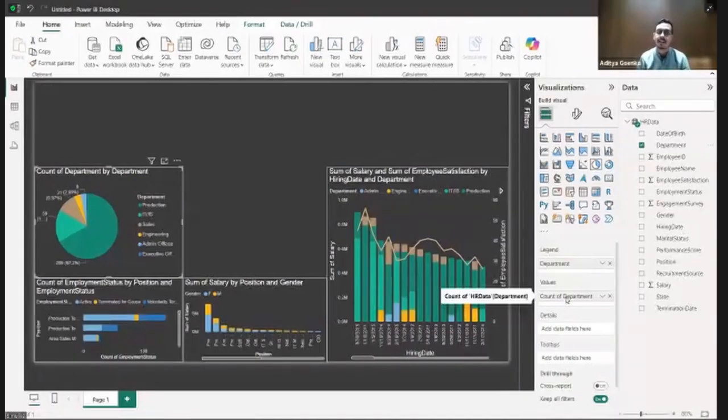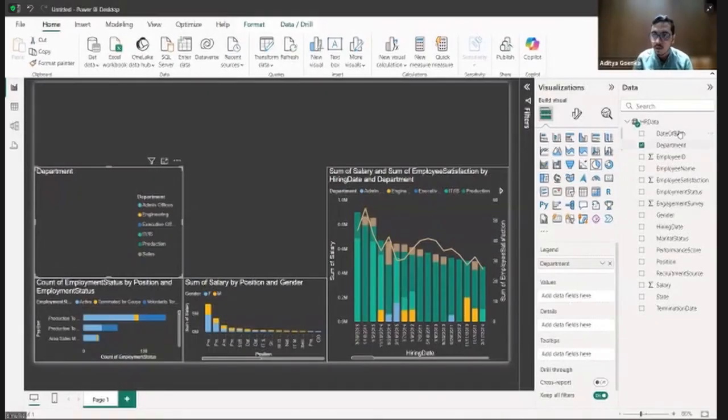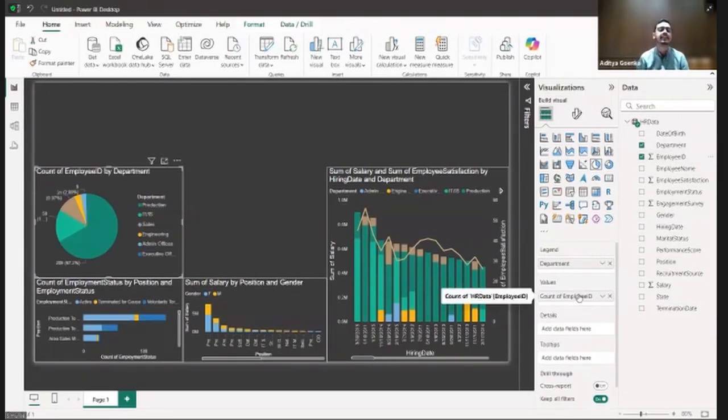This will also help you calculate the same thing itself. Via any such parameter you will be able to do that. Employee ID, if I do that, count of employee ID, this will give me the number of employees in every single department. Everyone absolutely clear and with me so far?